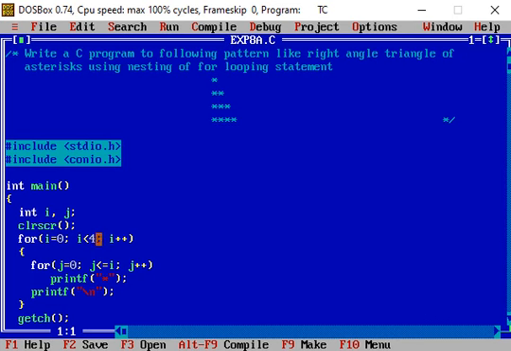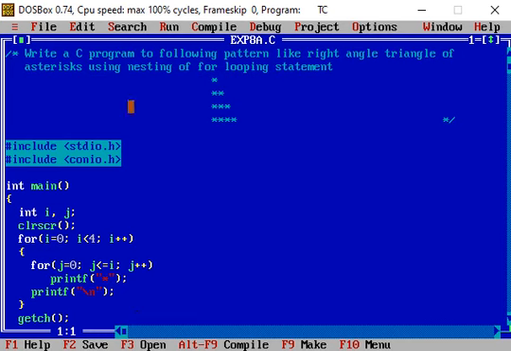So 4 is less than 4, the condition becomes false. So control comes out of the outer for loop, and after the outer for loop the getch statement is there. So the getch statement holds the output screen where the pattern of stars is present.